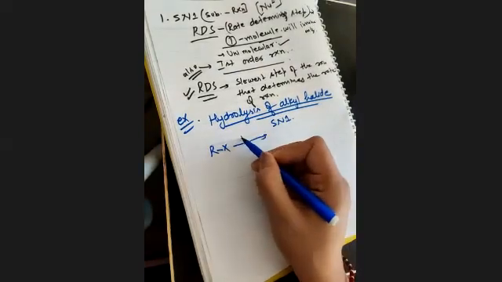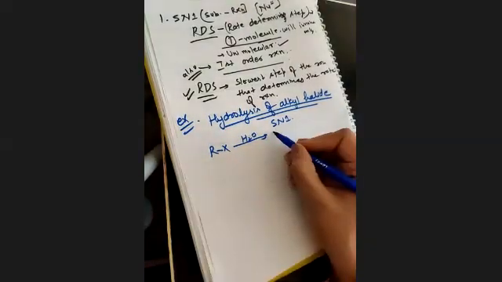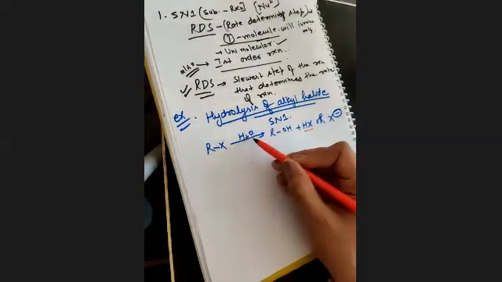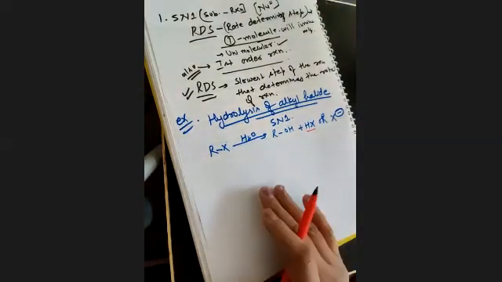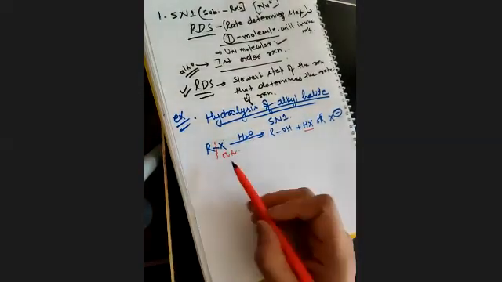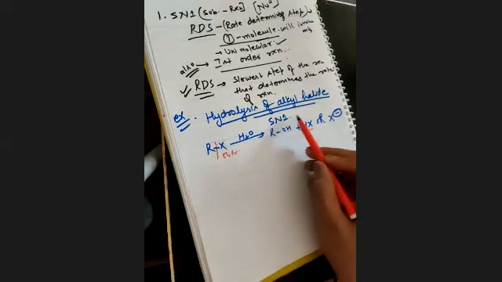RX plus H2O gives ROH plus HX; sometimes X will leave the system in the form of a negative ion. Clear? It is not necessary that every time the removed X will combine with the H and the OH will combine with the alkyl. When we do hydrolysis of alkyl halide, the bond between this alkyl group and this halogen, which can be Cl, Br, anything, gets hydrolyzed and substitution takes place.